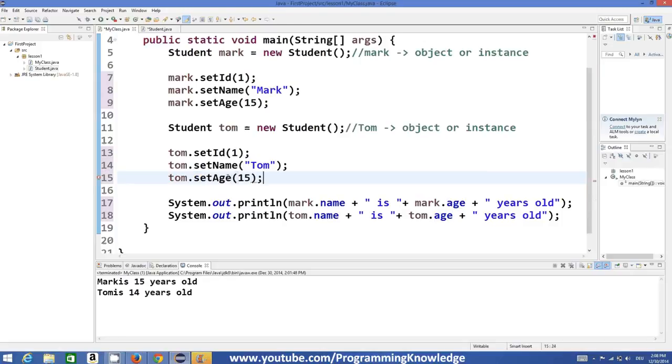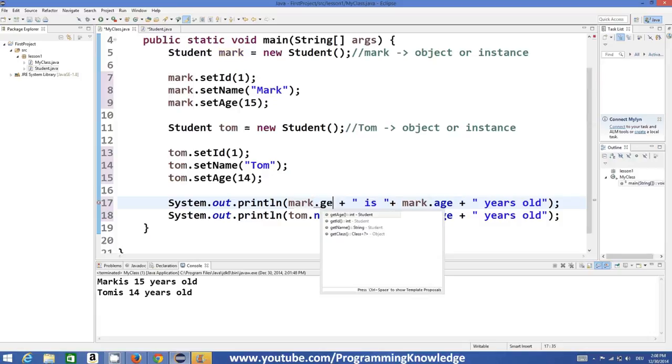So basically, instead of a direct assignment, we are assigning values using these getters and setters, and this protects your data from being corrupted if somebody wants to corrupt your data or something like this. And to get these values you just call mark dot get name